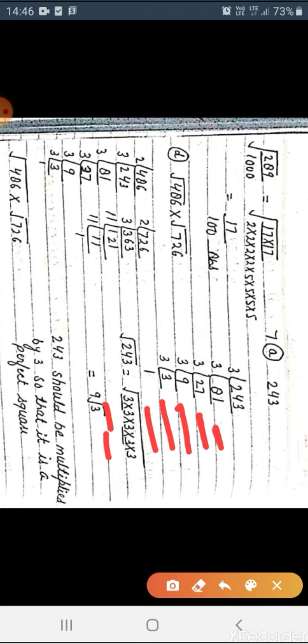अगर आप इसमें 3 से मल्टीप्लाई कर देंगे तो आपके पास 3 मल्टीप्लाई बाय 3 एक पेयर आ जाएगा. सो आपका 3 रूट से बाहर आ जाएगा. सो 9 3 से 27, ये 27 हो जाएगा. So the perfect square is 243 multiplied by 3. आपको किससे मल्टीप्लाई करना है 243 में, 3 से. So it is 729 and root of 729. सो आपका परफेक्ट स्क्वायर नंबर क्या है, 729. सो 3 से मल्टीप्लाई कर रहे हैं, 729 is your perfect square number.